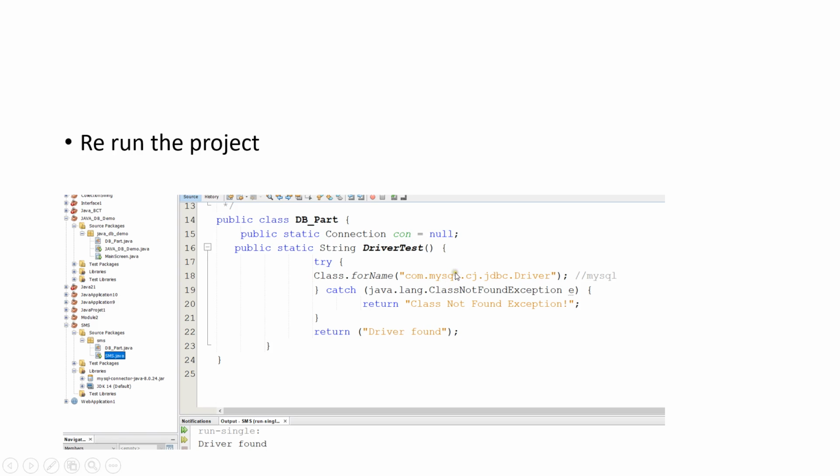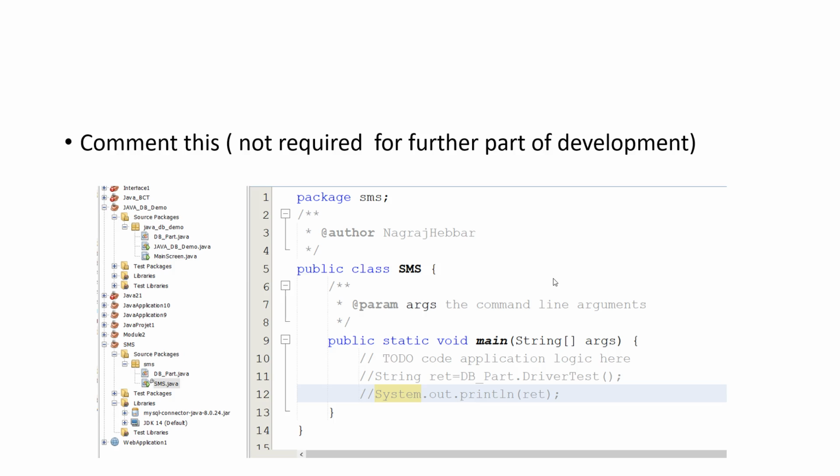Suppose you are using some other database package like MySQL Server, a suitable driver you have to add. For SQLite, the driver equivalent to SQLite you have to add. Like that. If you are using Oracle, then this particular one line you have to change. By searching on the internet, you will get what driver is to be added. So for each package, you have to have its own driver file.